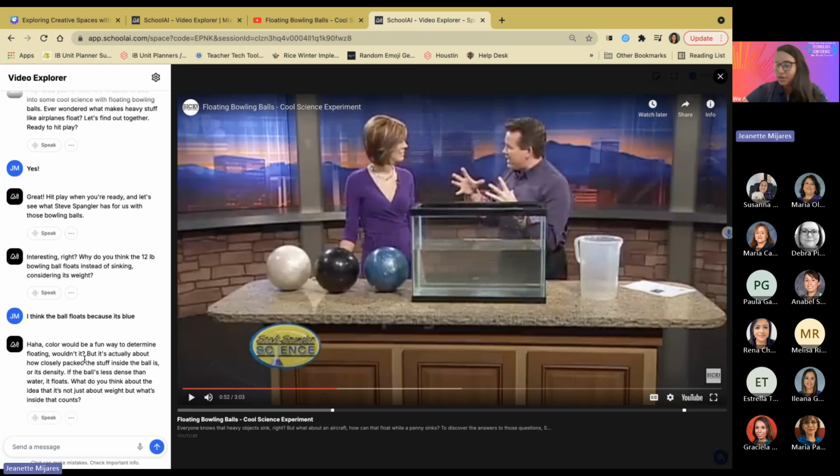So as you notice, it uses humor. "So color would be a fun way to determine floating." Again, she's being encouraging to the students. "But it's actually about how closely packed the stuff inside the ball is, or its density. If the ball is less dense than the water, it floats. What do you think about the idea that it's not just about weight, but what's inside that counts?" And so as you notice, it's always ending with a question because it wants the students to be able to engage and continue that conversation as compared to just stopping the conversation right there and there's no engagement between